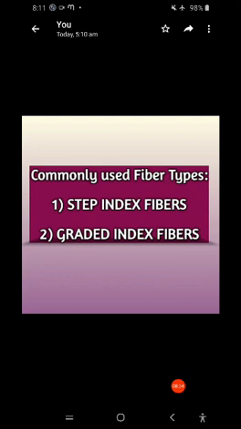Coming to the first one, the step index fiber, in which the refractive index is uniform throughout the core, and it undergoes abrupt changes, that is steps, at the cladding boundary.